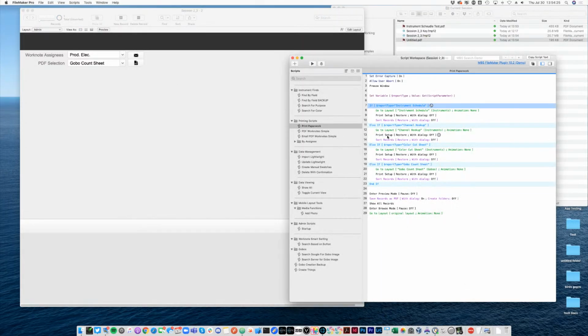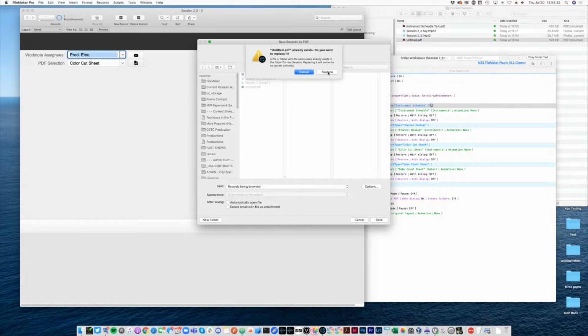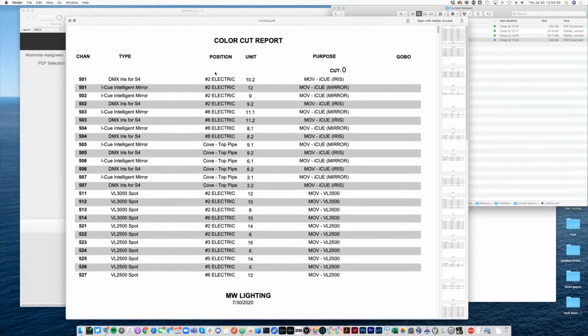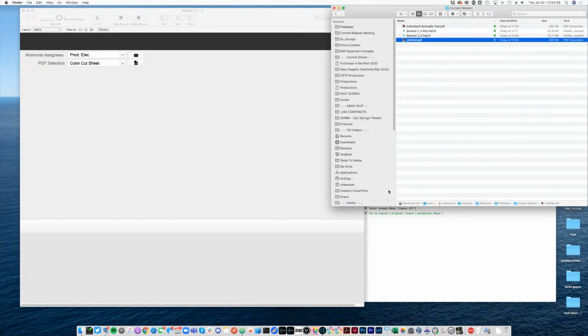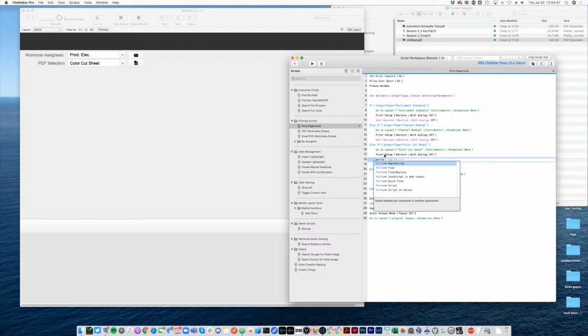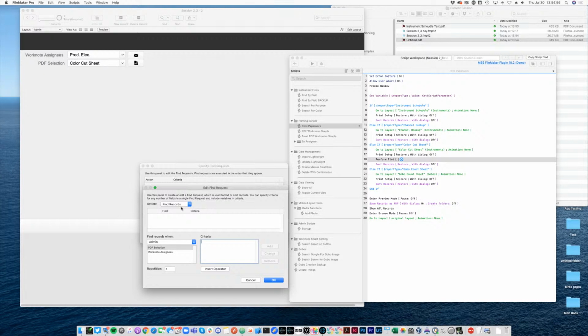So let's look at this script for a second, and let me create that color cut sheet again, and just see, okay, how could we make sure that things that don't have a frame size associated with them don't clog up my report like this? And that's pretty simple. So under color cut sheet, before I do my sorting, I'm going to add a perform find where we say